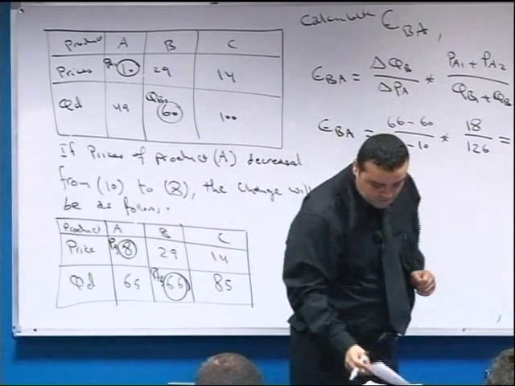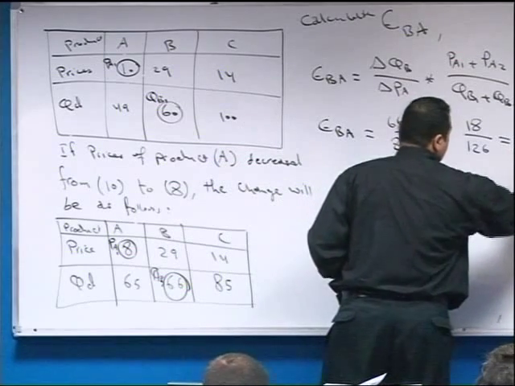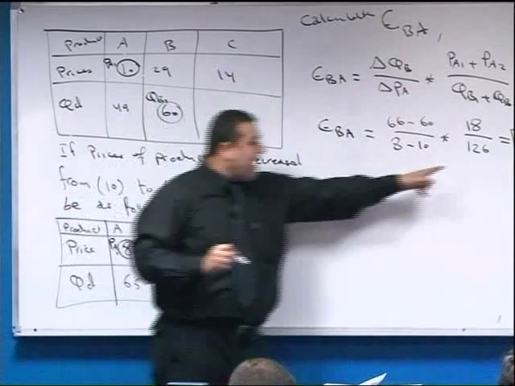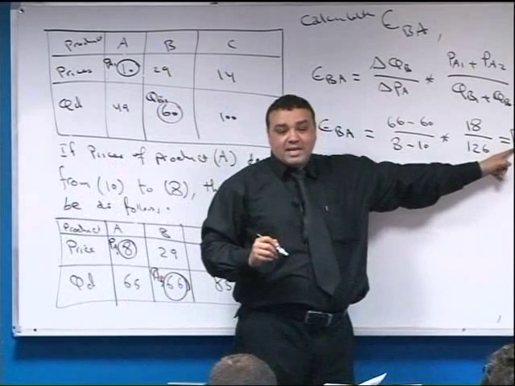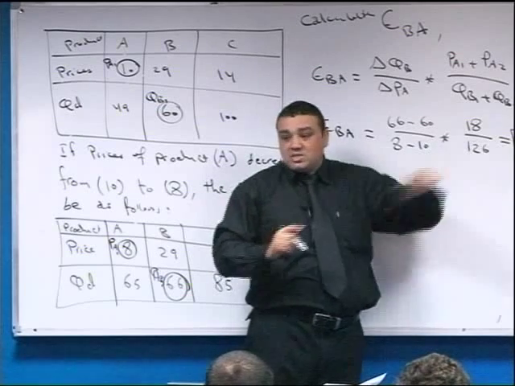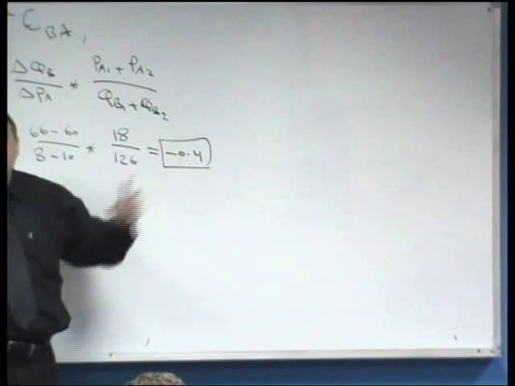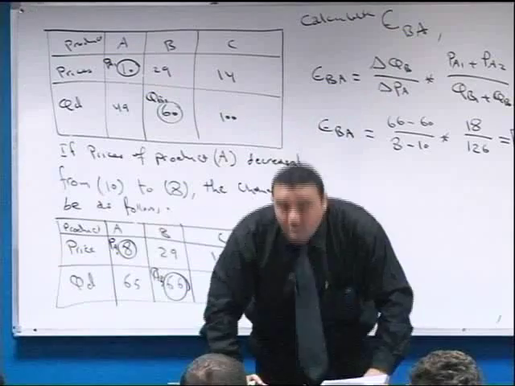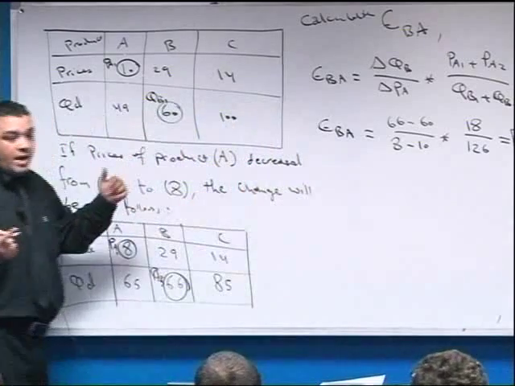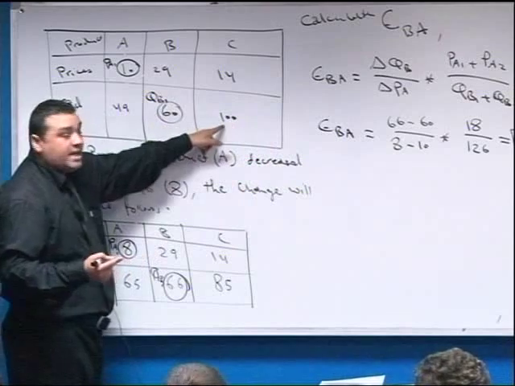The answer is minus 0.4. So as you see, the sign of EBA is negative and the demand is inelastic. So when the sign of the cross price elasticity of demand is negative, it would be what? Complement. Thank you. So let's go, and then we are going to calculate the cross price elasticity of C compared